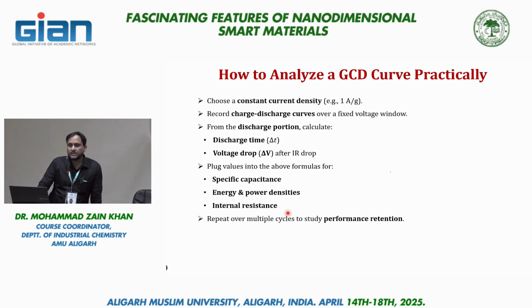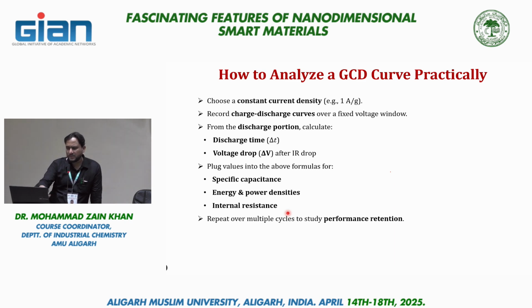Whenever you start the GCD, I'll show you the screenshots also of the machine. It will ask you what current density you want to carry out this reaction, because whenever we are charging, even when we are charging our mobile phones, the phone's battery is taking current from the main line. So basically current is responsible for taking the charge from one side to the other side. So it will ask you at what current density you want to carry out this particular test. So for example, we have selected 1 ampere per gram. It's quite a high value, 1 ampere per gram. Then we have to select